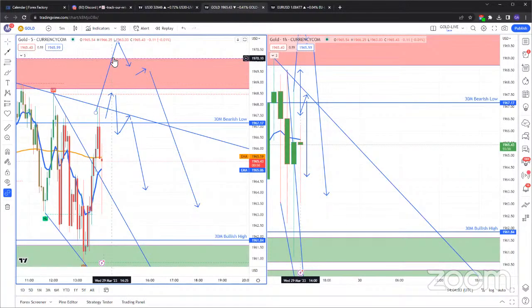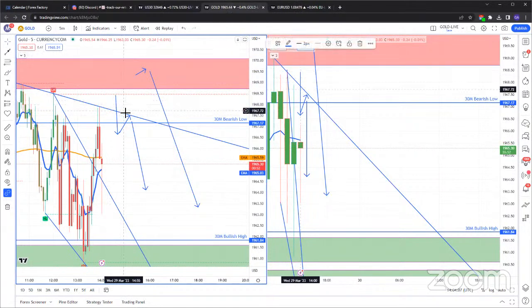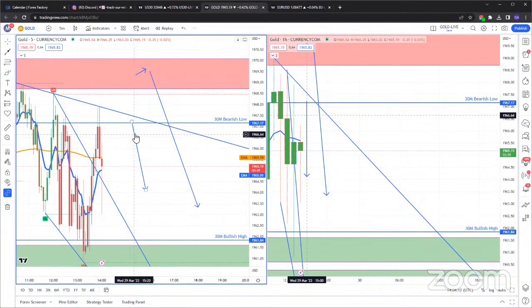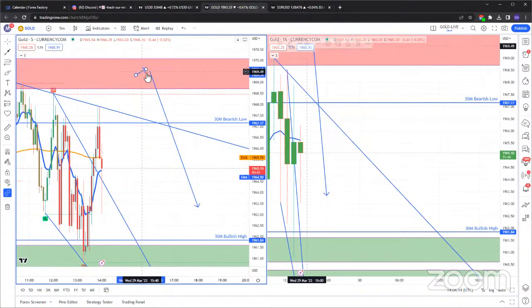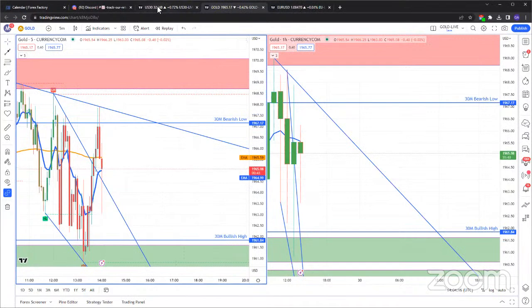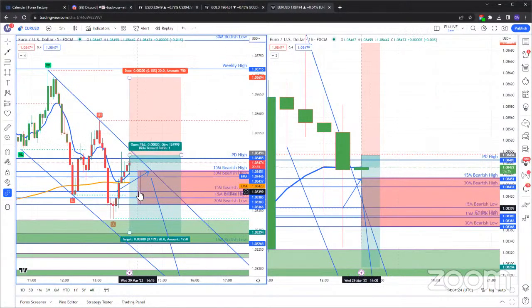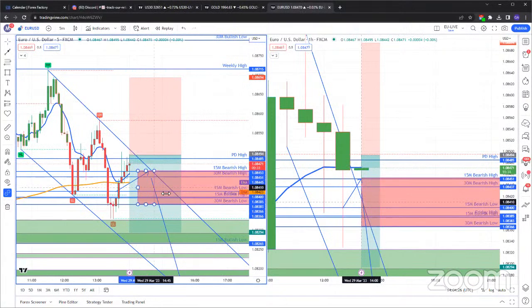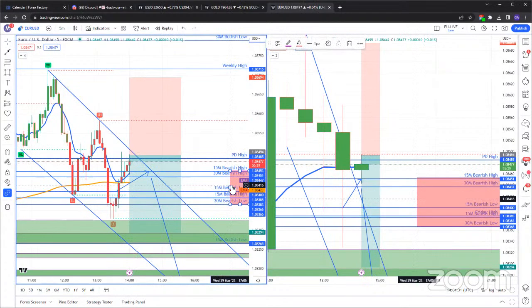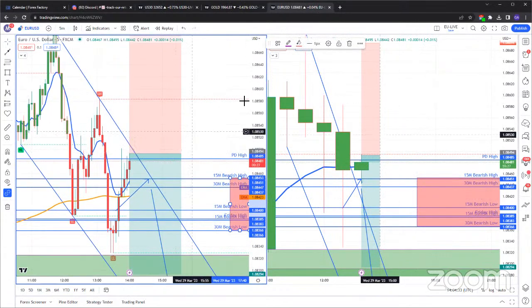Gold, I'll go ahead and delete this. But at least for gold, we know that this trend line is being respected. So I'm still not looking for any gold trades for now. So EU sell for 20 pips, 20 pips take profit, 20 pips stop loss. The trade is currently in profit, no drawdown, but that doesn't mean we can't get any drawdown